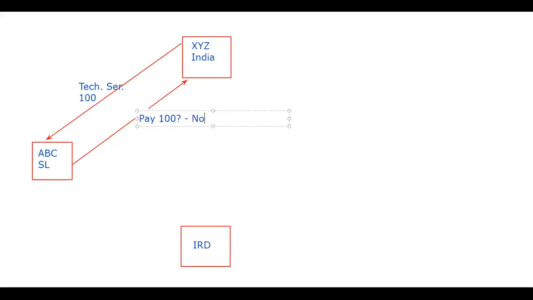No, right? We cannot pay the entire 100 to India. Then as per the section, what is the section? Section 85(1), if I'm not mistaken, 85(2)(b) or 2(a) or 1(b). So for technical service, whatever service the non-resident person is providing, you need to pay withholding tax of 14% as per the Inland Revenue Act. If you refer to the Inland Revenue Act, you need to deduct withholding tax.